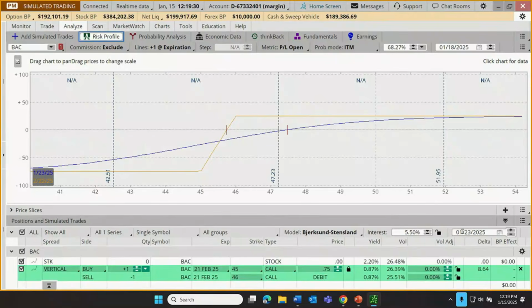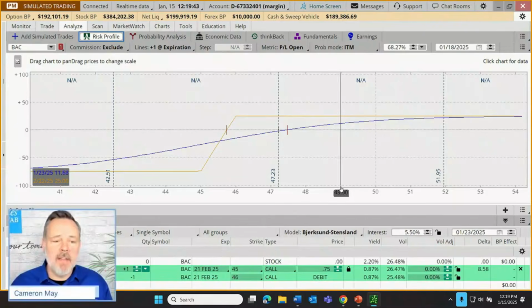So let me just pause there. January 23rd, kind of a random date between now and the expiration in February. But our trader can now just say, well, what if our stock popped up to $49 here? Well, now instead of being up maybe $9.85, we're up $11.75. Or if we slip down to 46 bucks, now instead of being down $14, I think is what it was before, I can't remember now. Maybe it was 11. But in any case, it's showing us the loss potential of the trade on that date.